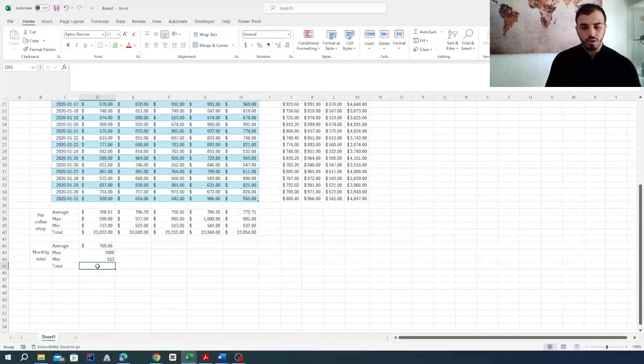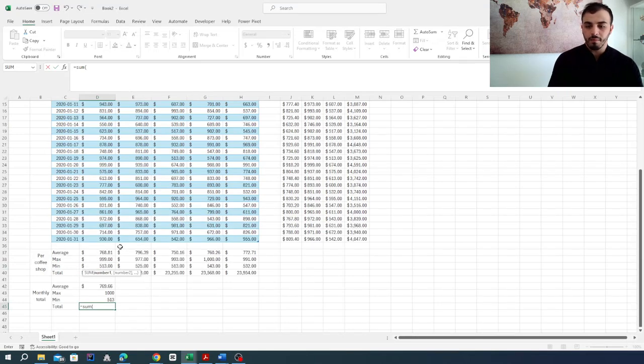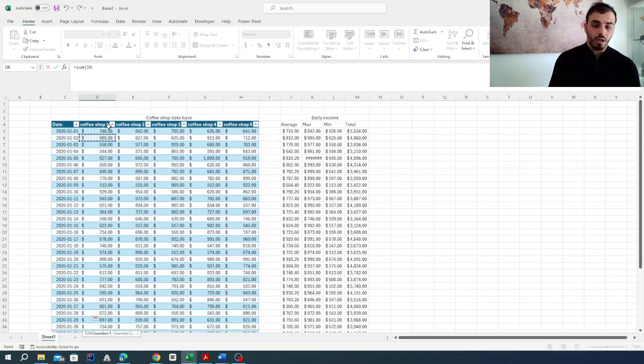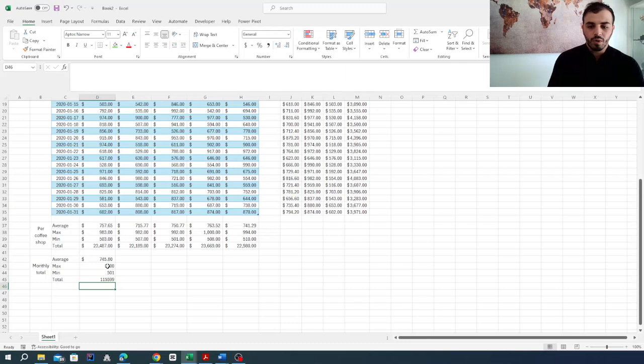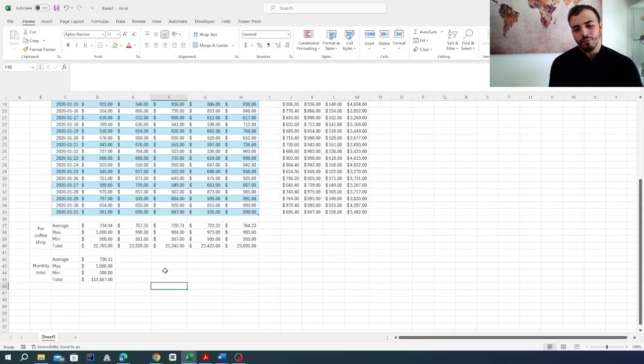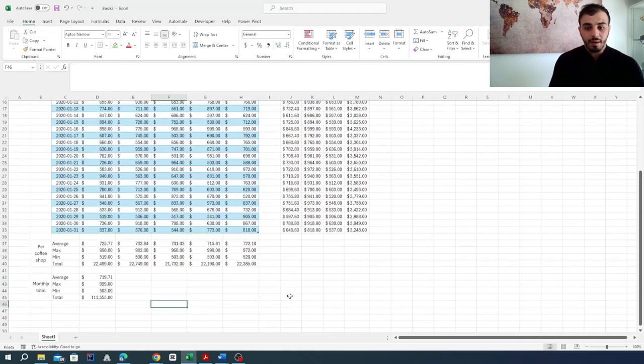And finally, we want to calculate the total. So here we are going to calculate the sum of all the incomes in all of the coffee shops. So we'll select all the elements, and here we go. We know that all the coffee shops together for the month of January have made $115,599. And each time that we refresh it, it's changing, and we have new data because once again it works